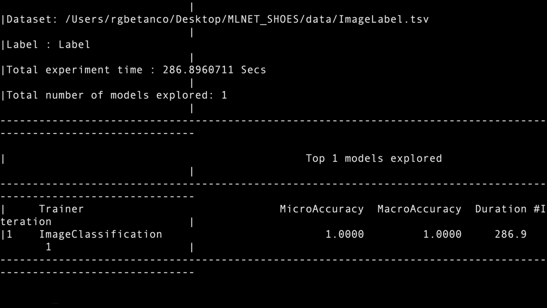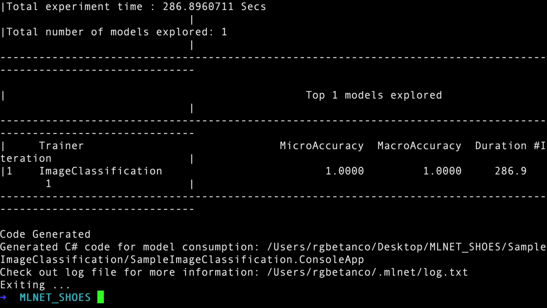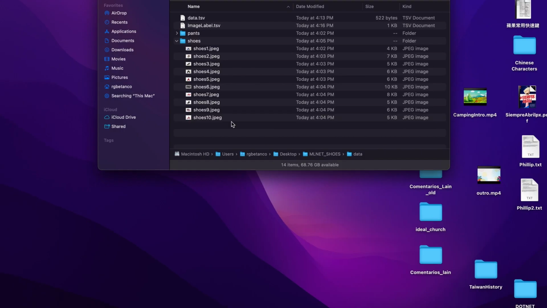Okay, so it's finally done. Yay. Accuracy 100%? I doubt it. But anyway, maybe the two types of images are very, very different. Anyway, maybe that's why. Okay, so we can now see this is our folder, and this is